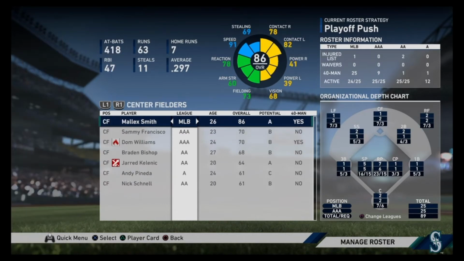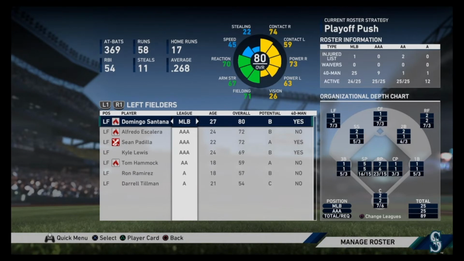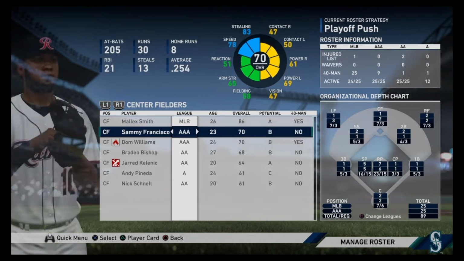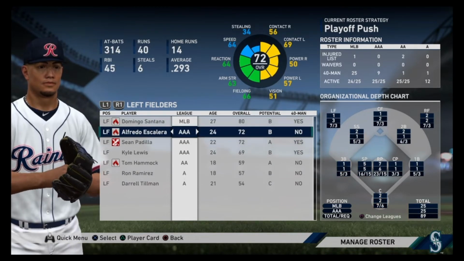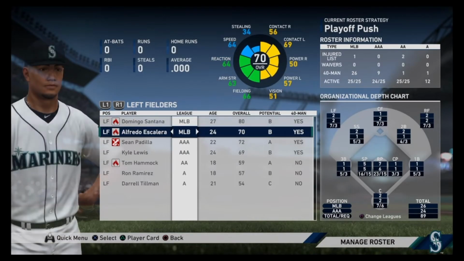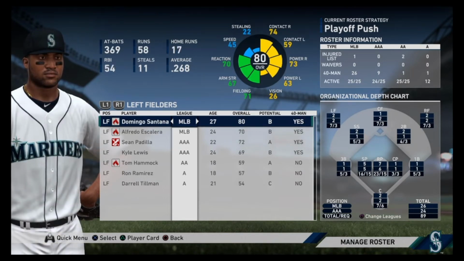And then that's going to leave an opportunity in the outfield. Nelson Cruz has been the only one filling in out there, really, with Haniger, Santana, and Malik Smith. Malik Smith needs some help in center field. Somebody has to be able to play center field. Now, I don't feel Sammy Francisco or Dom Williams are quite ready, as their averages are quite low, but look at Alfredo Escalera. He's been batting .293 with 14 homers in AAA, so congratulations. We are going to add him into the 40-man roster, and we are going to move him to Major League Baseball. Alfredo Escalera is going to come up with us, and we'll see what we're going to do with the